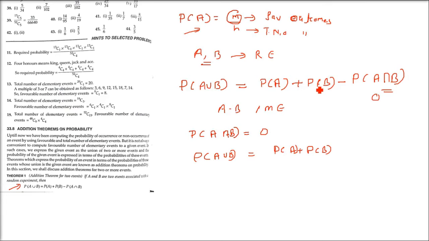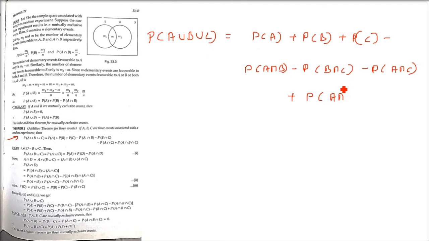Please remember, we have to add here, because in the previous theorem you might have seen that the pairwise intersection was subtracted. Here also the pairwise intersections are subtracted, but we are adding when all three are happening. It would be very clear with the Venn diagram, but we are not discussing it right now. This is theorem number 2. Again, if A, B, C are mutually exclusive, all four intersection terms will be 0, and only P(A) plus P(B) plus P(C) will remain.